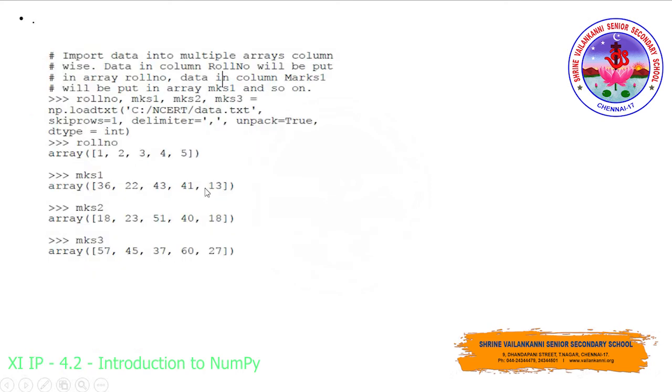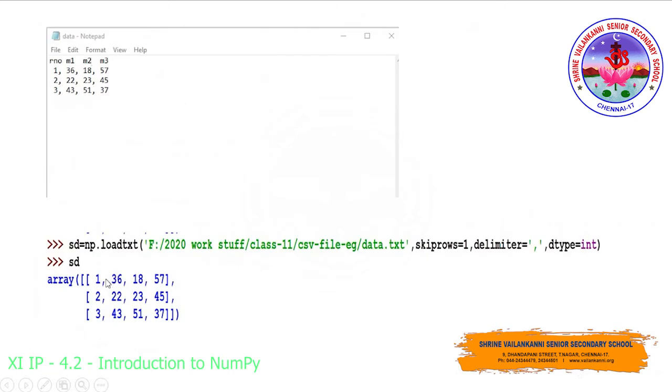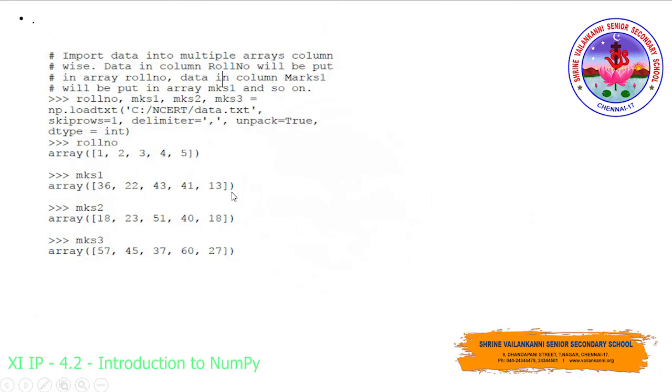And in case I'm going to provide the unpack parameter as true, see again they have created a few more variables for a different example. So roll number, marks1, marks2 and marks3. As I'm going to extract the columns, I have provided these variables. So unpack equal to true I have provided. So the roll number variable, if I'm going to call, it will access the column values, right? 1 2 3 4 5. See in the column what do you have here? 1 2 3 4 5. Yes, that will be accessed. And the second column you have 36 22 43. So that will be accessed. Can you see the difference?